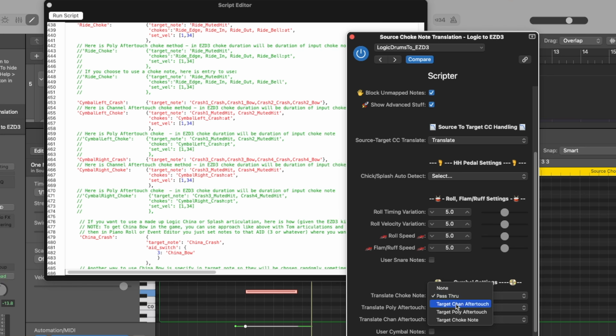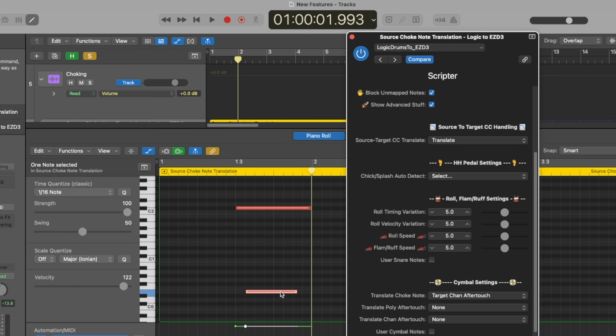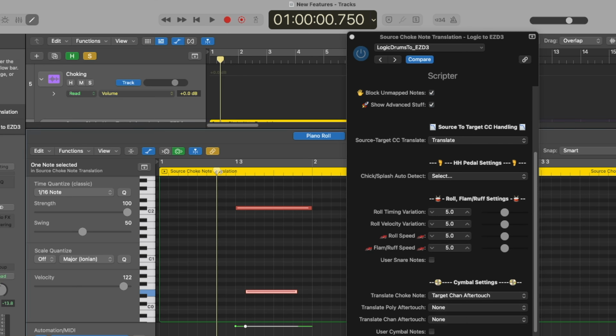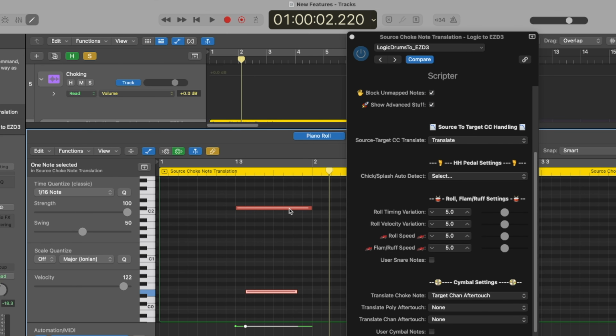Now I'm going to choose target channel aftertouch. That means this Logic note is going to generate channel aftertouch in EZDrummer 3. It's not going to result in a choke note being played. The choking happens through aftertouch. So if we hit play, the choke was kind of subtle, because in EZDrummer 3, when you have aftertouch doing